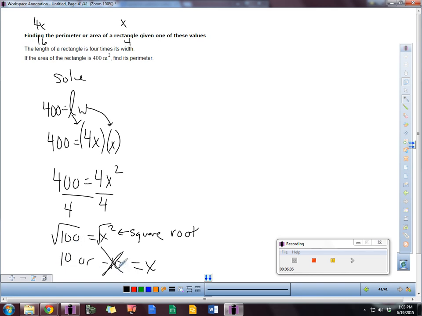So, x is 10. So if I'm trying to find the perimeter here, I know x is 10, so the length has to be 40. Alright, so the width was 10, the length is 40, and I can go ahead and figure this out. 2